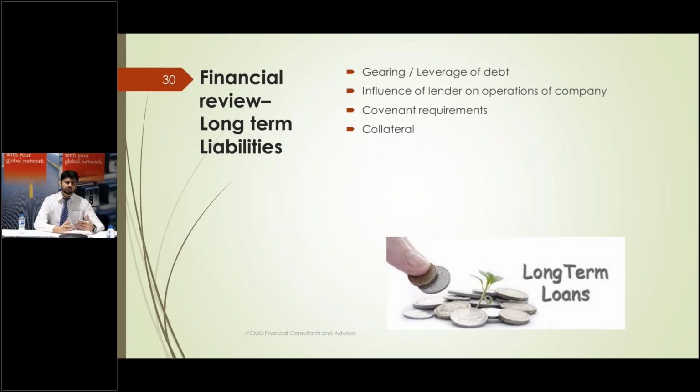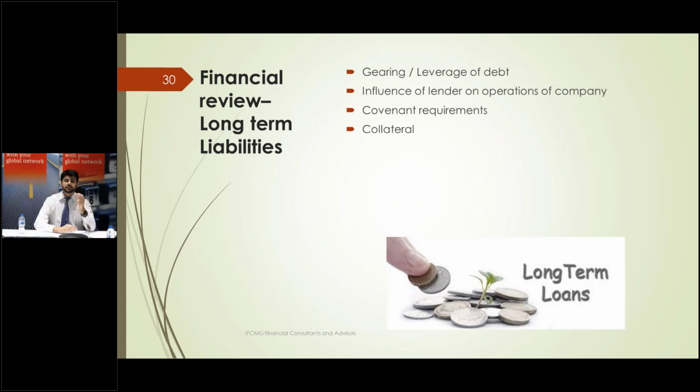And the third common product that a company uses is long-term finance, which can be obtained in many forms. It can be a long-term loan. It can be a bond, like recently K Electric has issued a bond against its assets. So what the analyst needs to consider is not only a single number, what's coming in the long-term liability, but how much of it is interest bearing, how much of it is non-interest bearing, and under what conditions we have obtained that facility.